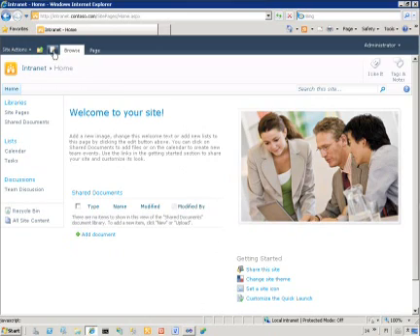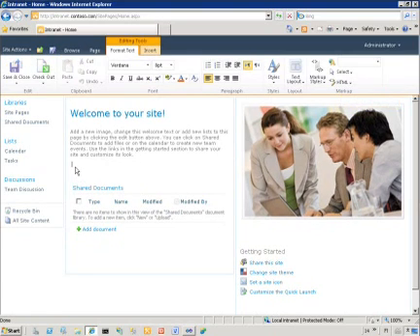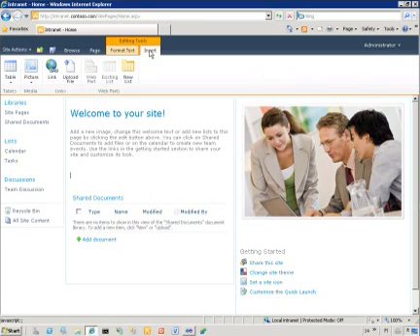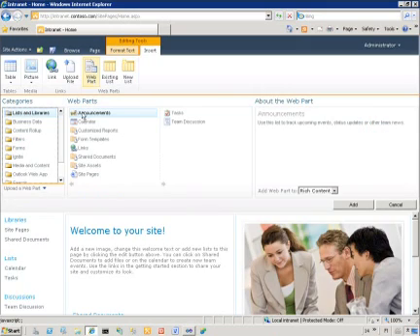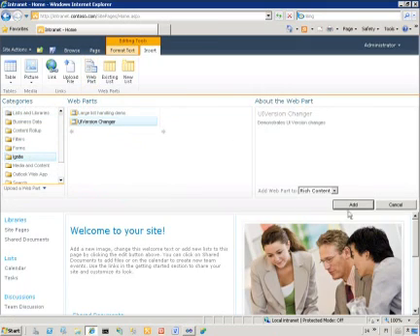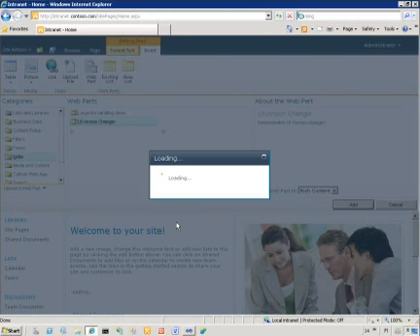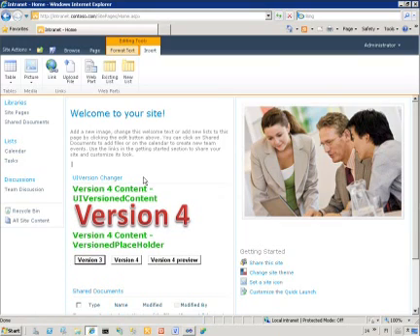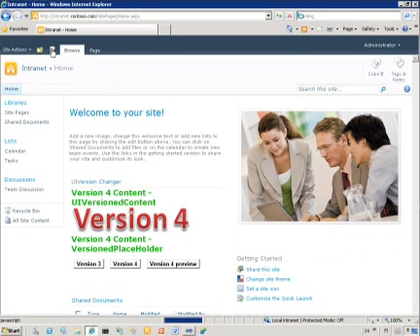Let's start by adding our custom web part to the page so that we are able to switch back to legacy rendering mode. This is a custom web part since the site has already been committed to SharePoint 2010 rendering mode, which basically means that we're unable to switch back to 2007 legacy mode using the user interface. So we have this UI version changer web part, which is manipulating the UI version directly from the APIs. It's actually updating the UI version property of the SPWeb,